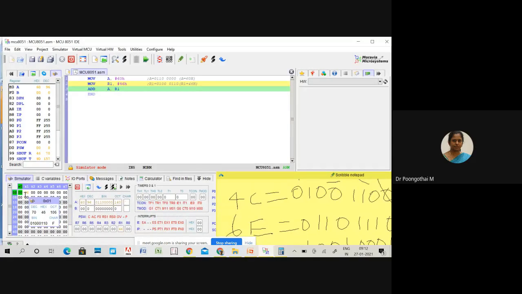So here 01, that is the address is 01. The starting address is 00. So next address 01. Likewise, your memory has been arranged here. So look here, that is your 46. So your R1 holds 46. Either you can check your register value in this window or here, okay. So I am adding A with R1. So what is the answer? A6. So A6 is nothing but minus 90. Okay. So here your overflow flag is set to 1 to indicate the result is invalid.